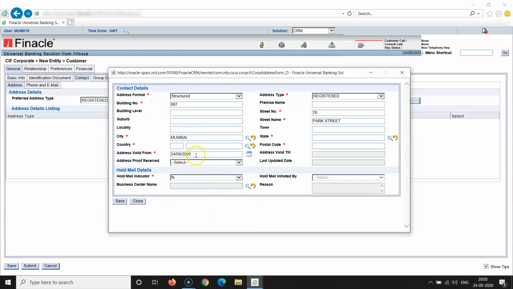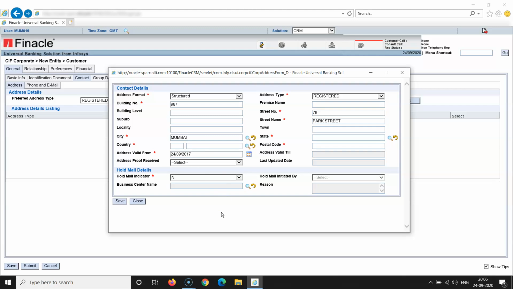Address valid from, so this has to be prior to 2020. Let's say 17. Let's see if it takes it or not, right? It is taken. So incorporation date, these are mandatory.